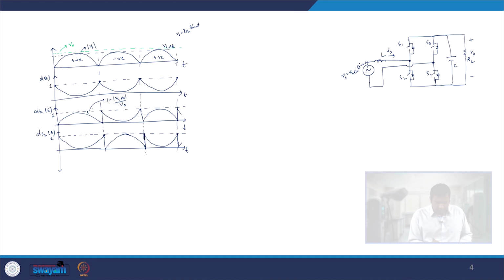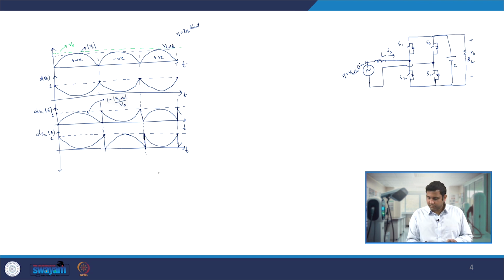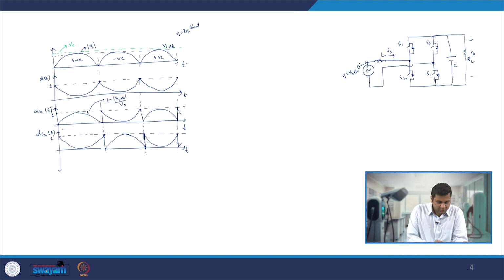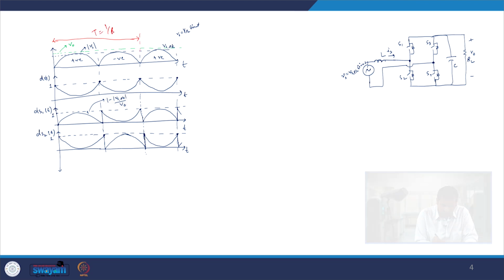If you look very carefully, in this particular converter we have the fast switching leg, which is S1 and S2, and we have a slow switching leg, which switches once in a line cycle, which is S3 and S4. Now this system has switches S1 and S2 whose duty ratios vary continuously in one line cycle, which goes from here to here. If we draw the line cycle, it is from here to here, T, which is nothing but 1 by Fs.